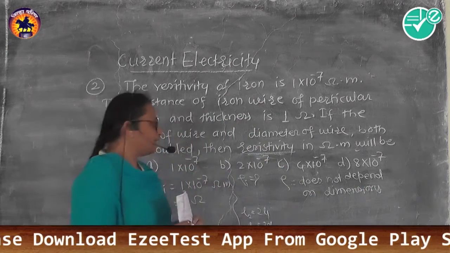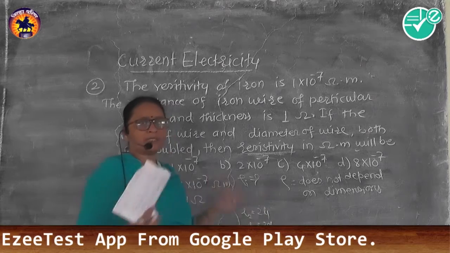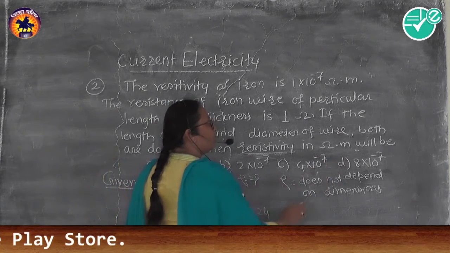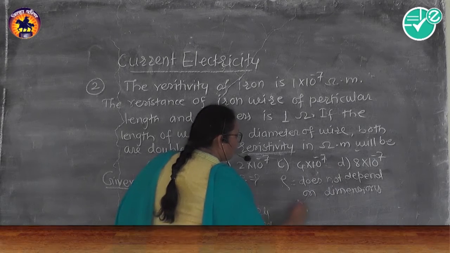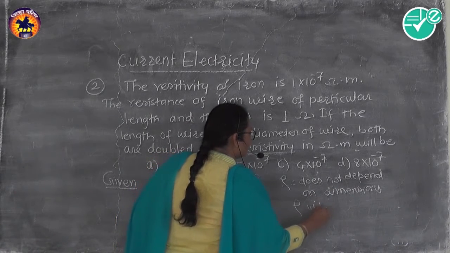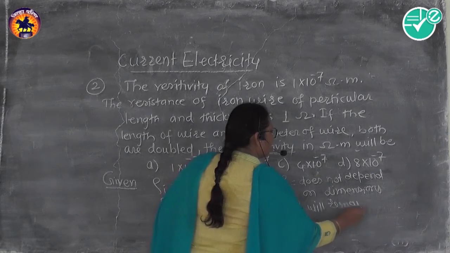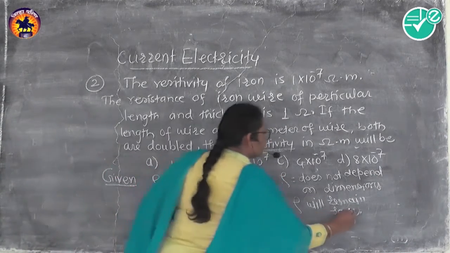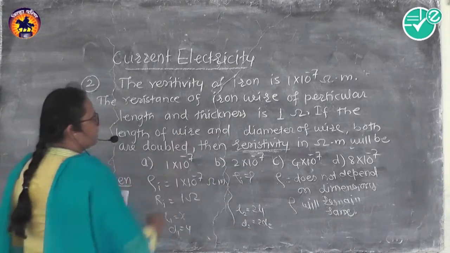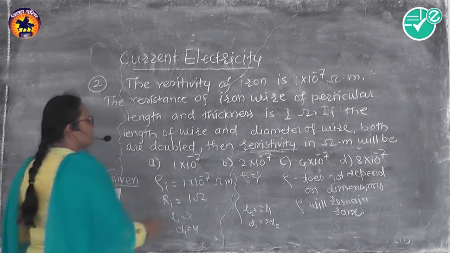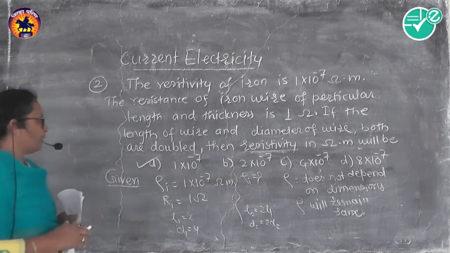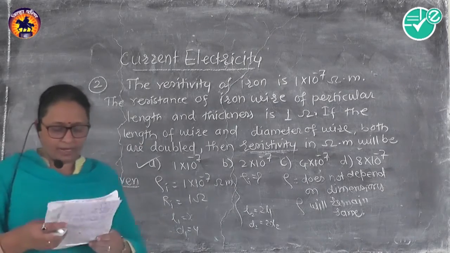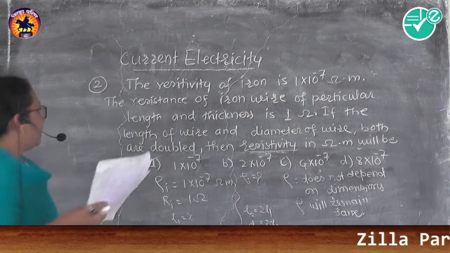To which extent that get changed. So rho remains same even though there is change in dimensions. As rho does not depend on the dimensions, therefore rho will remain same, and hence our answer is, as given initial value, 1 into 10 to the power minus 7. So our answer is again 1 into 10 to the power minus 7 because rho does not depend on dimensions of that wire. Now the third example is